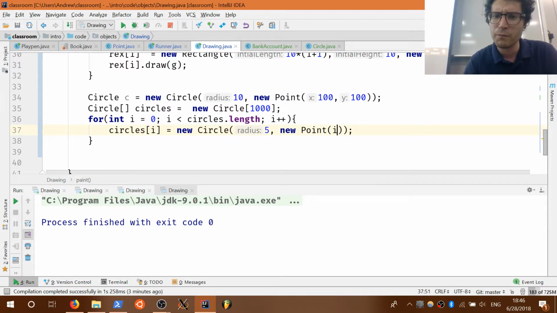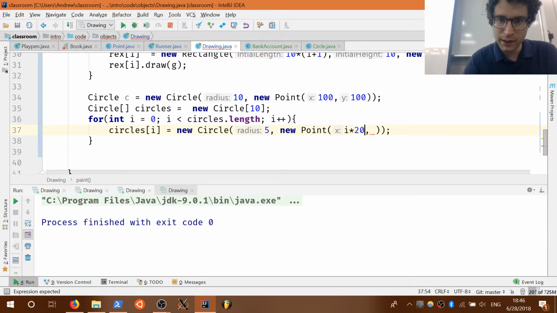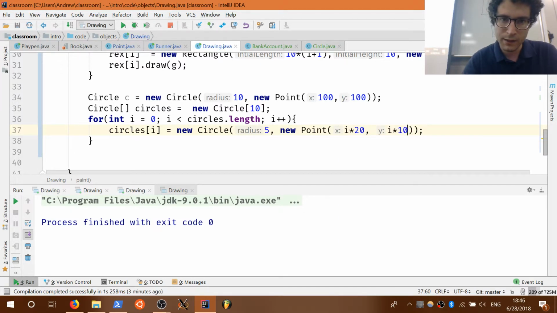We're going to make this array a bit better because we're going to have to make this 2D, two-dimensional, in a bit. Yeah, let's not make 1,000. We'll go ahead and just do 10 for right now. Then we'll make it a 2D array of circles. New point i, put it at location i times 20 and i times 10. And now if we run this,